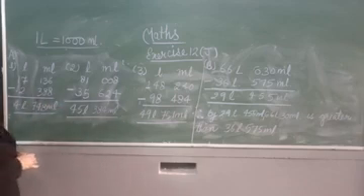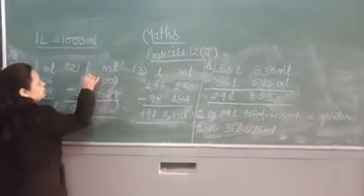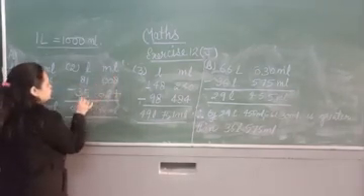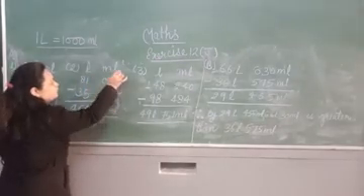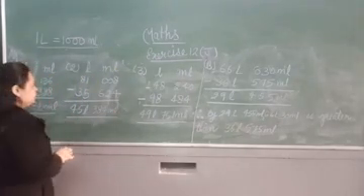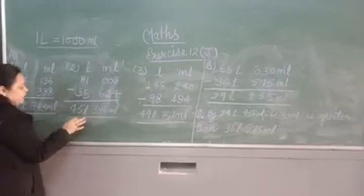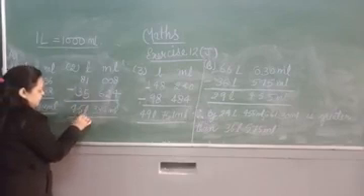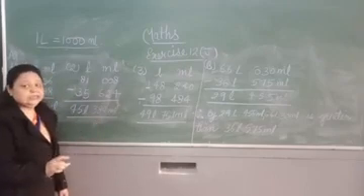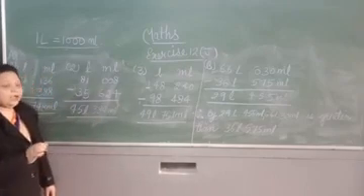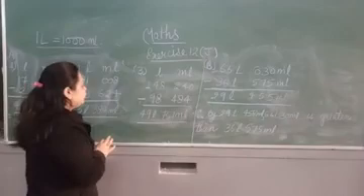Now let's see question number 2. 81 liters 8 milliliters minus 35 liters 624 milliliters. When you subtract, you are going to get 45 liters 348 milliliters. I hope this second one is clear.